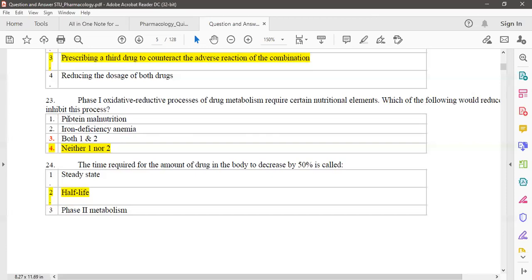Protein is albumin. Albumin binds with the drugs and carries them. So if albumin is less, protein is less, it can be difficult to distribute the medication to the body. Iron deficiency anemia, the same thing happens. Red blood cells are defective, and red blood cells can carry the nutrients or even drugs. So both are,